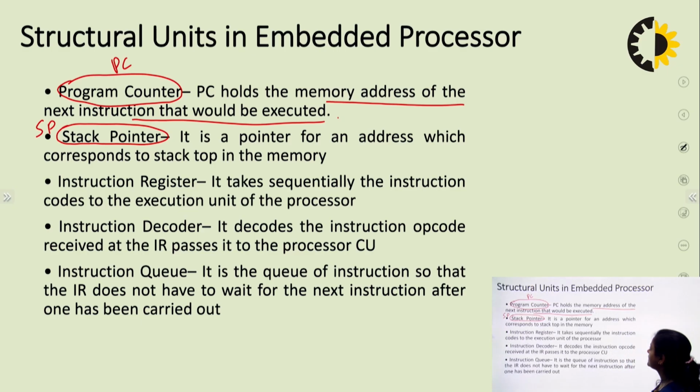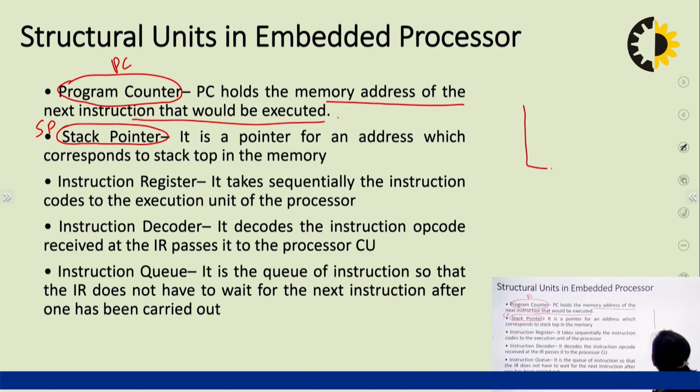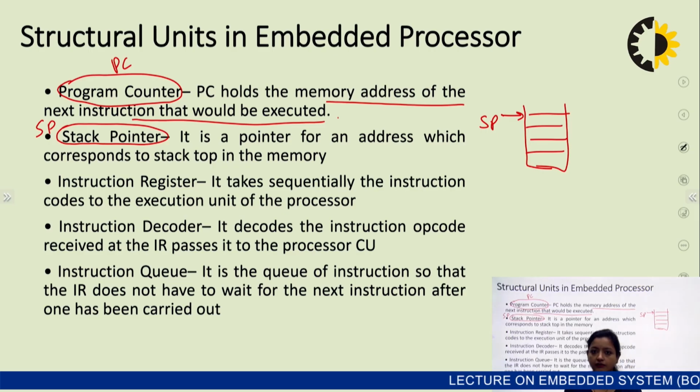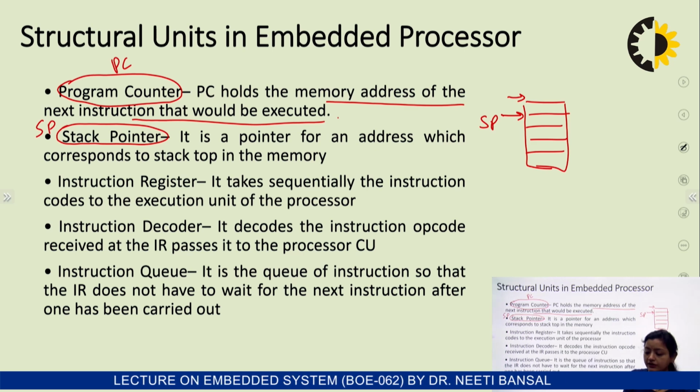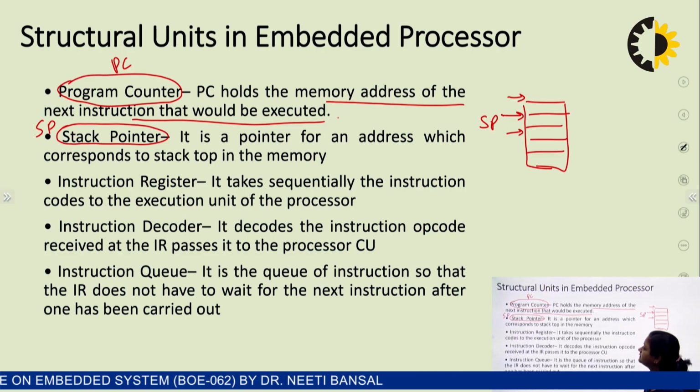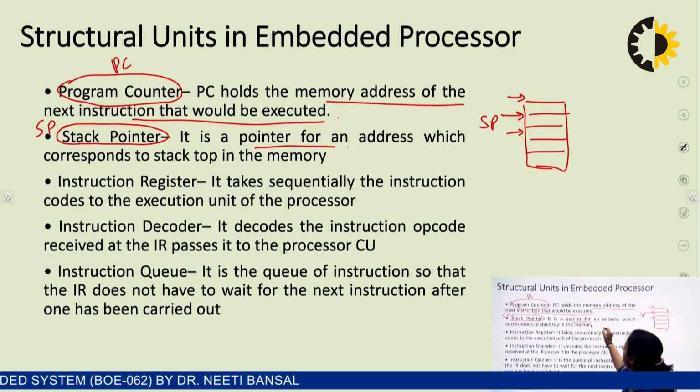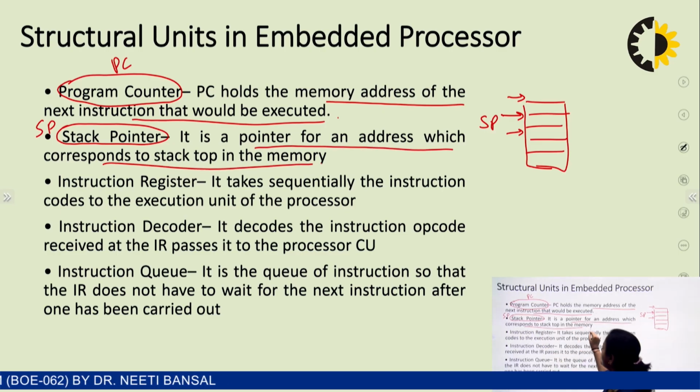Next we have stack pointer. What is a stack pointer? Stack is nothing but a memory section like this, and stack pointer SP points to the top entry of this stack. Whenever we have to push data on the stack, that is enter the data onto the stack, the stack pointer will be incremented, and when we pop the data out of the stack, that is when we withdraw the data from this memory stack, then the stack pointer will be decremented accordingly. So stack pointer is a pointer for an address which corresponds to the stack top in the memory. These two registers, program counter and stack pointer, I hope are clear, very important registers